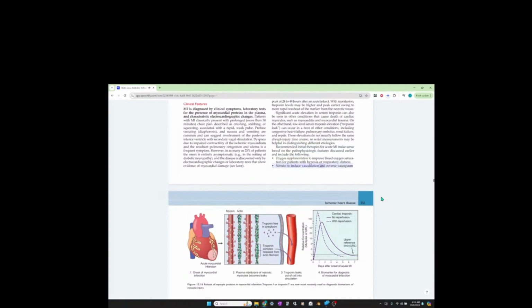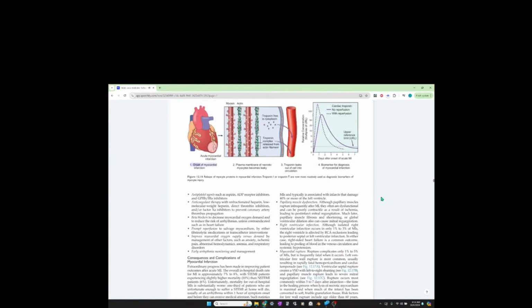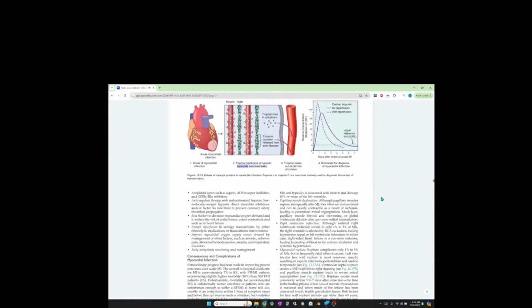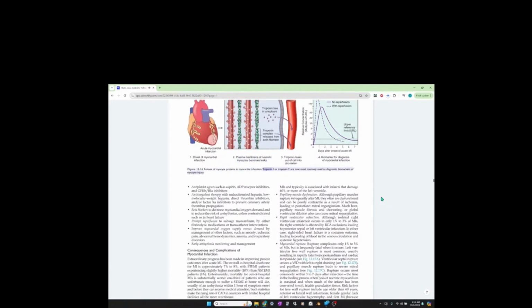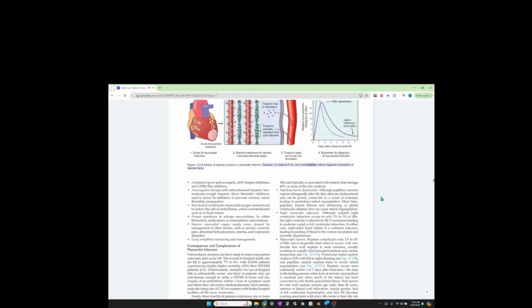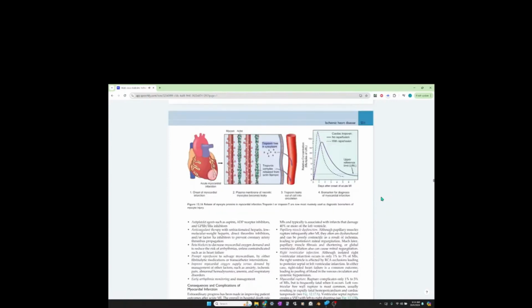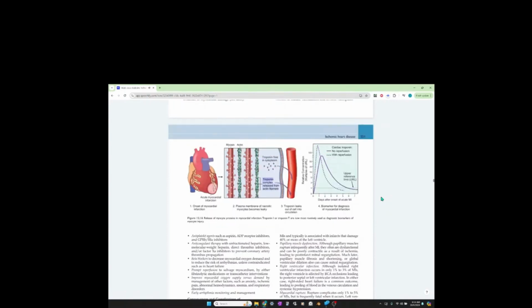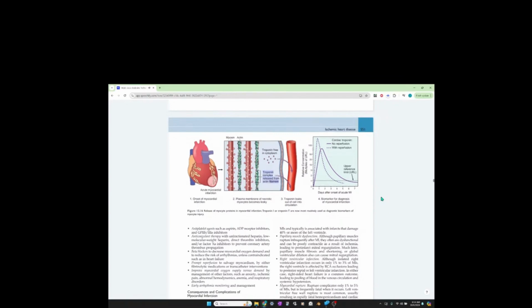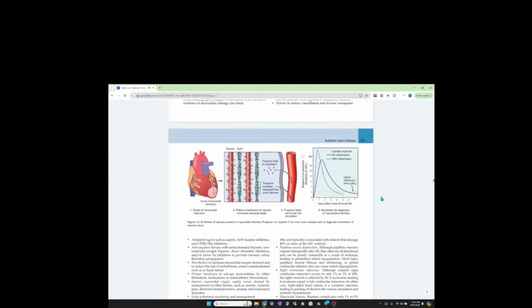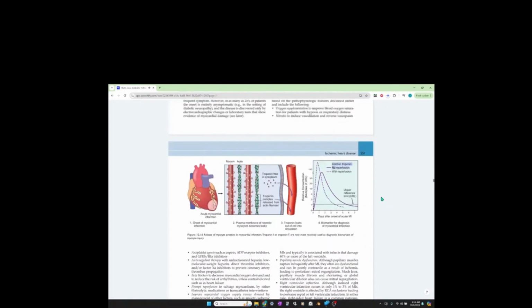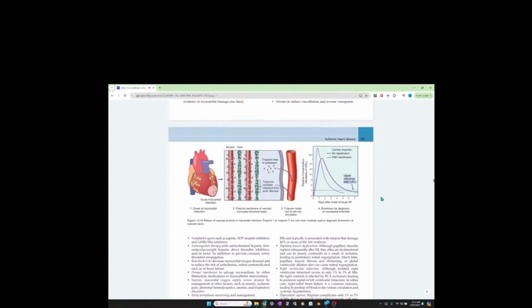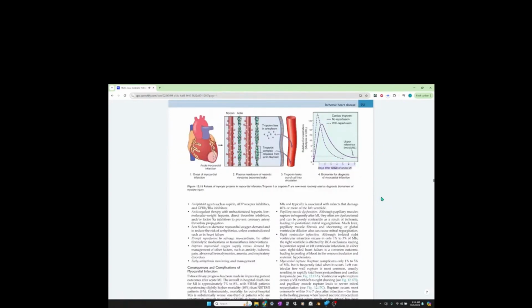Acute myocardial infarction. 1. Onset of myocardial infarction. 2. Plasma membrane of necrotic myocytes becomes leaky. Figure 12.16 Release of myocyte proteins in myocardial infarction. Troponin I or troponin T are now most routinely used as diagnostic biomarkers of myocyte injury. Troponin free in cytoplasm. Troponin complex released from actin filament. 3. Troponin leaks out of cell into circulation. Relative concentration. Cardiac troponin, no reperfusion, with reperfusion, upper reference limit. 1, 2, 3, 4, 5, 6, 7 days after onset of acute MI. 4. Biomarker for diagnosis of myocardial infarction.